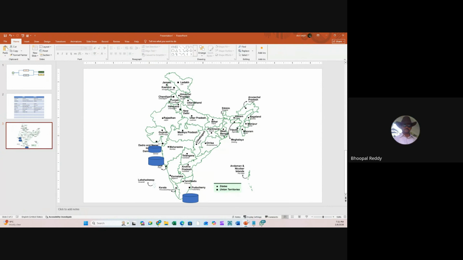So what about Gujarat and others? Are those in the same India region, or is it part of it? No, India is not a region. India is one of the geographic locations. In the India geographic location, there are 2 types of regions available. Some of the regions are open for all, and some of the regions are reserved for specific companies. For example, there's one private region available that is dedicated to Reliance Jio. Okay, you cannot use it, I cannot use it.